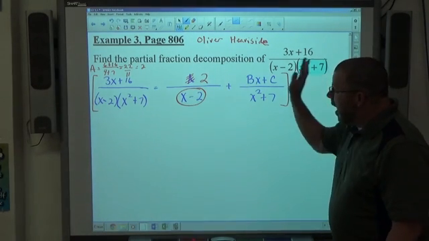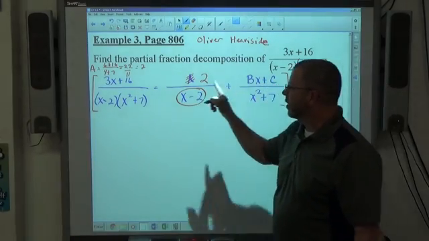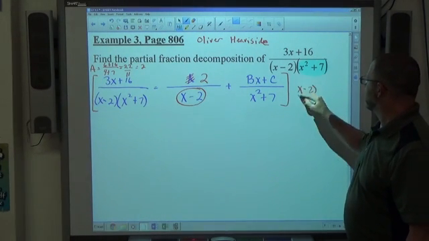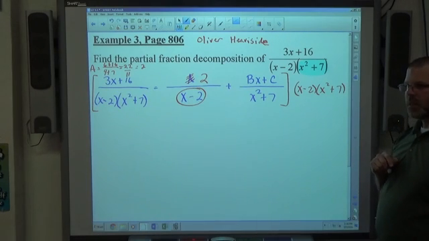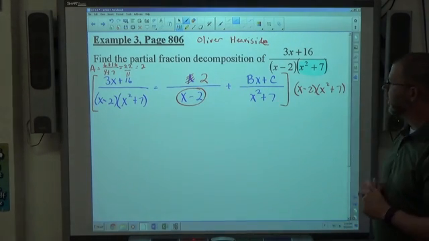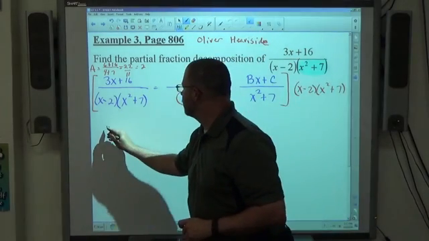Anyway, once you figure out what a is equal to, now we're simply going to do what we did yesterday, which is the common denominator is x minus 2 times x squared plus 7. So I do x minus 2 times x squared plus 7. I still have to figure out what b and c equal. There's no cover-up method for nonlinear factors, so I can't do anything about that. And that gets me to, if I multiply it all through, I'm going to get 3x plus 16 on the left